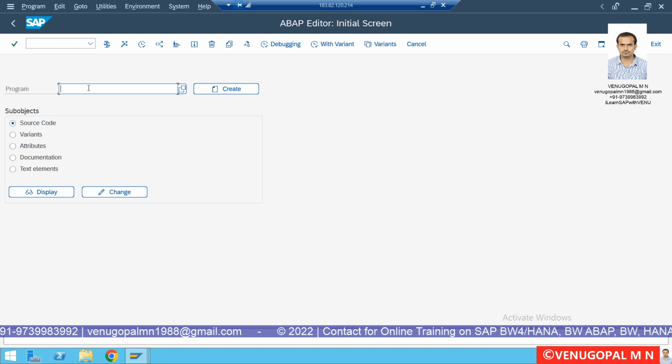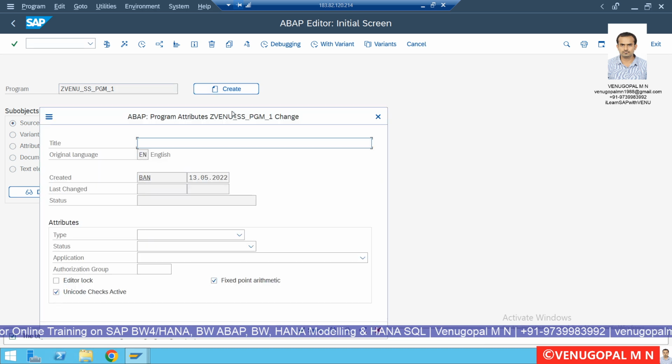As I said, Venu underscore SS PGM1. I'm giving my program name. If the program was already available, a value would have popped up. Since the program is not available, it is not showing anything. So you can click on create. When I click on create,